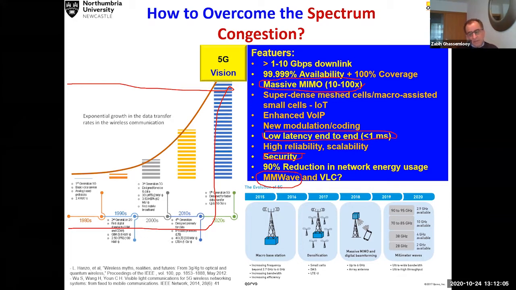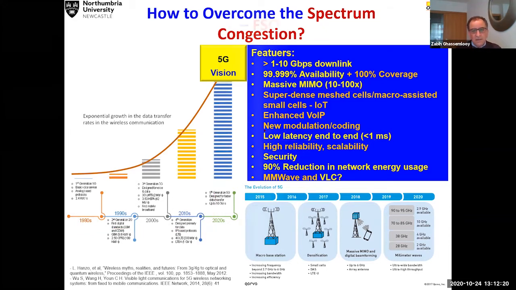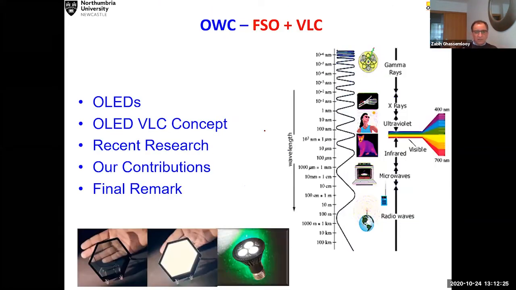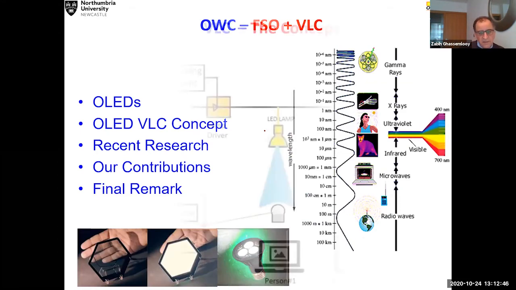of wireless optical communication. Throw away the RF as much as possible, then bring in the light as a carrier signal in order to address some of these things that 5G and possibly 6G will be talking about in the next few years. So that is the underlying reason why we are doing research in the field of optical wireless communication, and therefore using the visible band, and we call it visible light communication or Li-Fi, in contrast to light. So this is the content of my talk. I'm going to introduce this, give some data, and then find out.